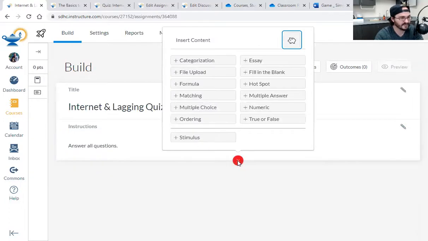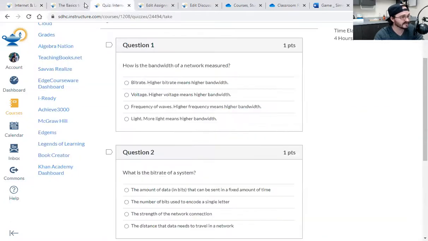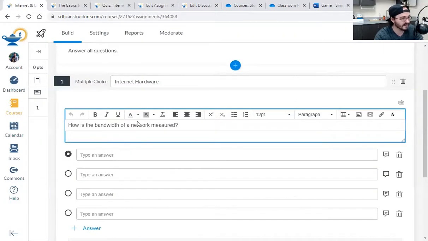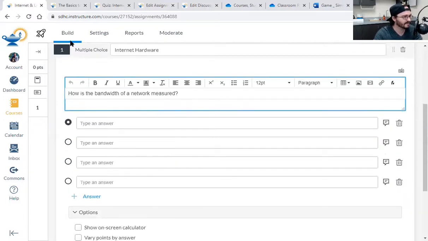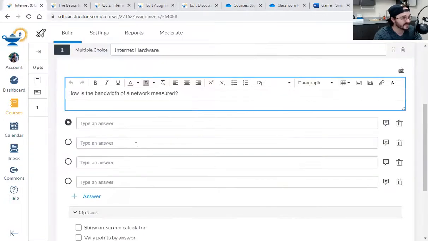Cool. Let's add a new question. I clicked on that blue icon. First, all I'm going to do is all multiple choice questions. So this one's internet hardware. The top is about the category. The question stems here. You can thank Ms. Hefner for figuring that one out with me the other day. Or Chef, don't call her Miss or Mrs. It's Chef. All right, how is bandwidth measured? I'm going to see if I can just copy them all and paste them.